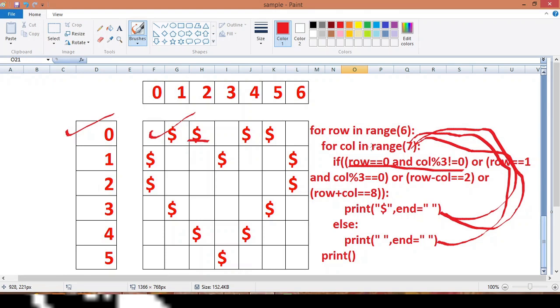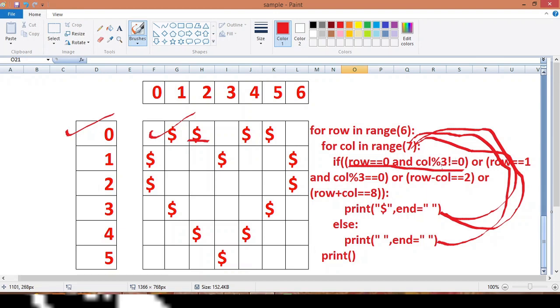Again it will go to the inner for loop, and this time the calls value will become 3. So 3, and it will go and check for the condition if row is equal to 0. This condition is true because the row value is 0 here, and at the same time 2 modulus of 3 not equal to 0, this we have finished. Now 3 modulus of 3 not equal to 0, this condition will be false. Why?